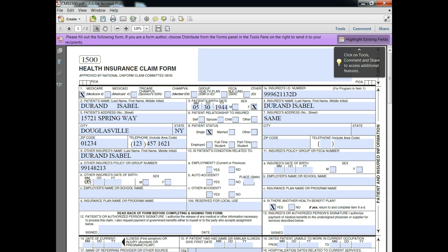Again, we have 0530 1944. Female. And we want to mark Medicaid down here in block 9D. And you could either put signature on file or SOF, so we're going to put SOF, and SOF over in block 13, signature on file, meaning that you do actually have to keep that signature on file,